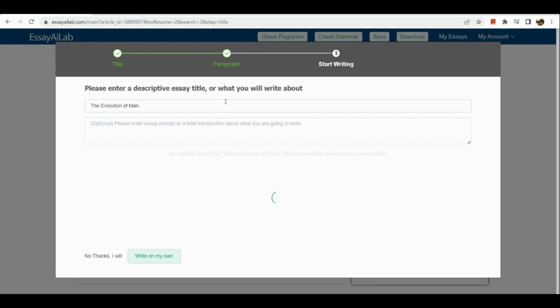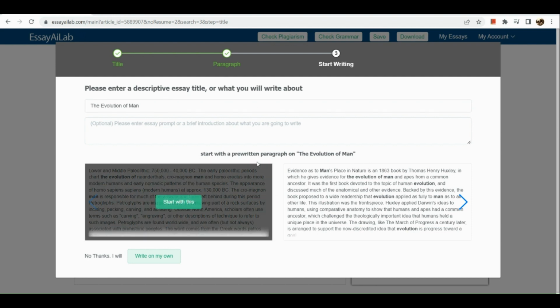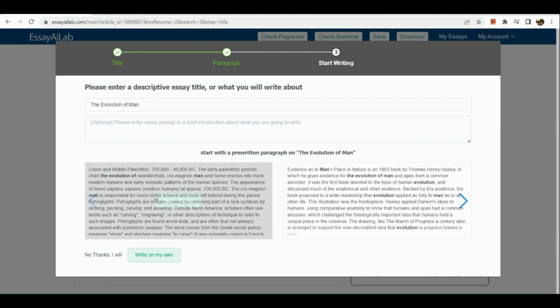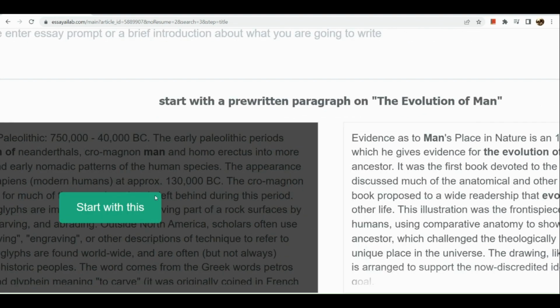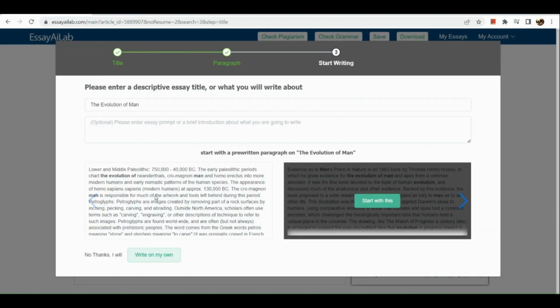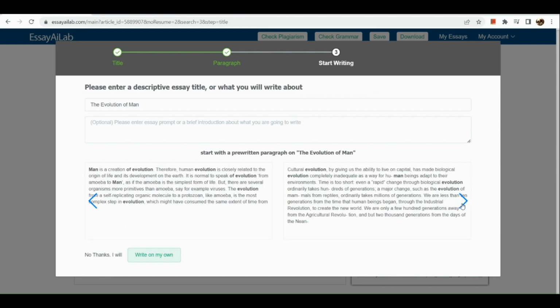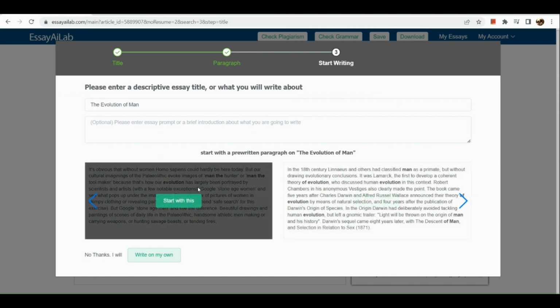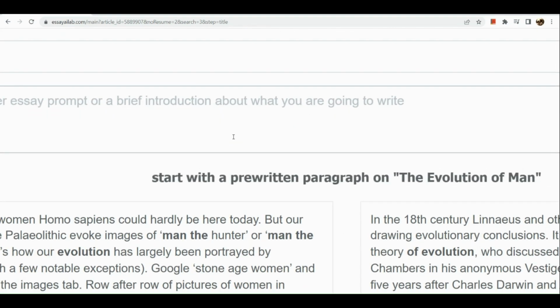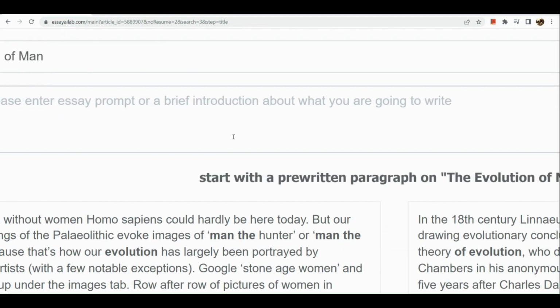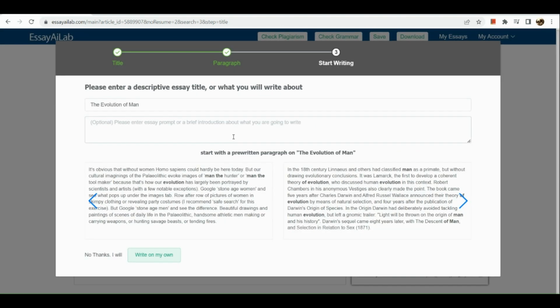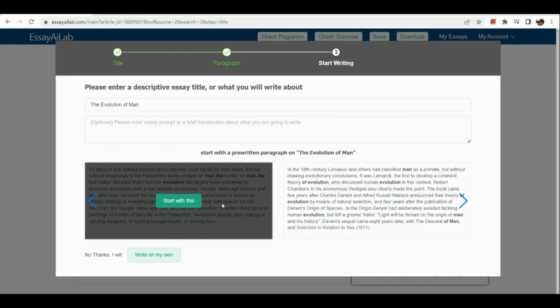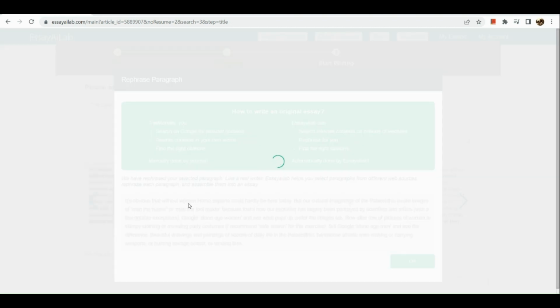In this section, you can see your title. Now here below, you can see the different kinds of paragraphs that ECAI has pre-written. So you just need to choose which paragraph works best for you and what's the best starting paragraph that you would like to have for your essay. Okay, say for instance, we would like to have this kind of paragraph. Let's try to see. Okay, so all you need to do is click on the start with this